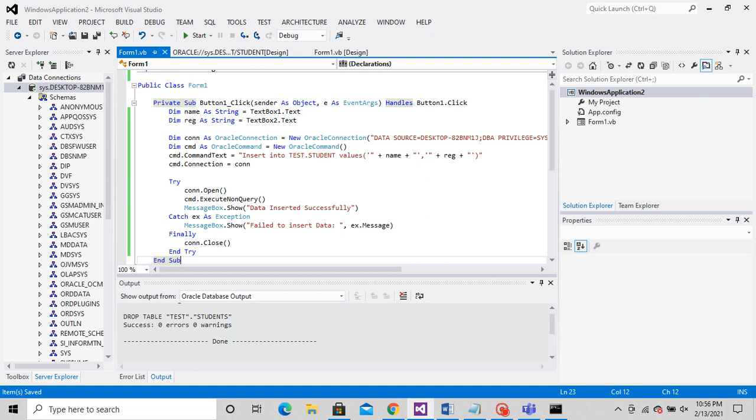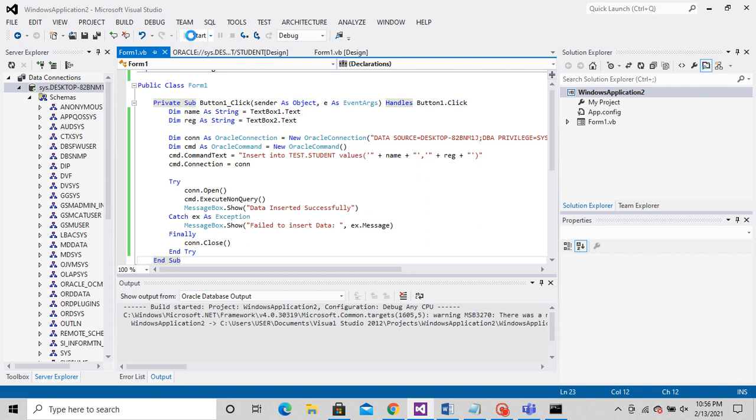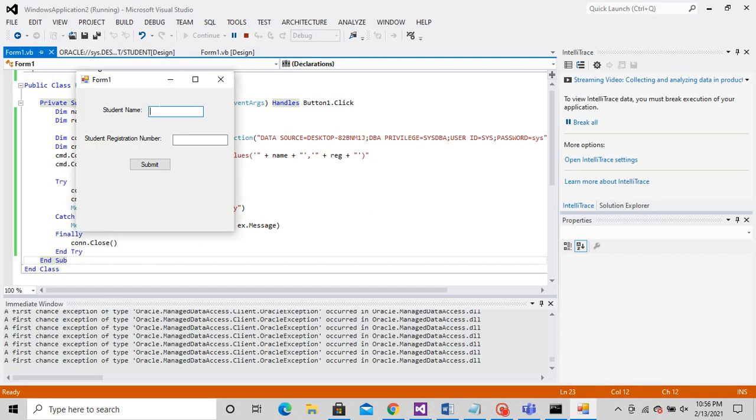I will just run this and check. For running, just go to start. You can give any student name here, test. I have given some registration number. If you click on submit, see, it is showing data inserted successfully.